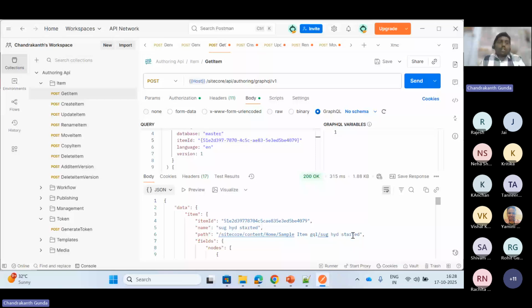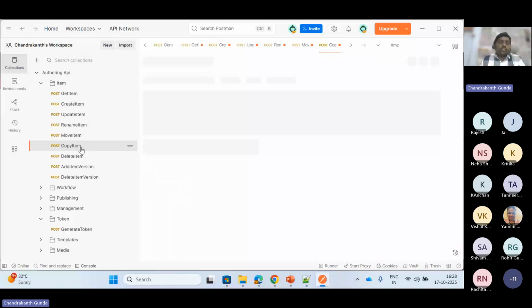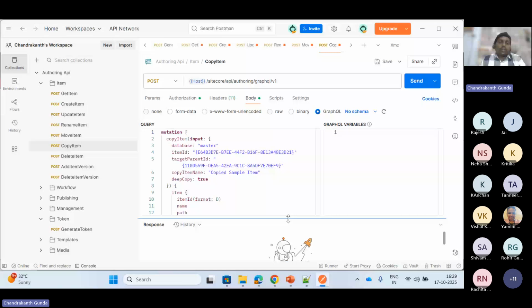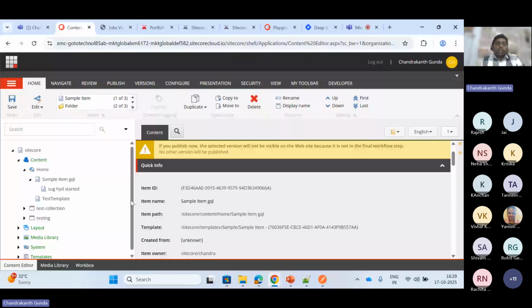Like that, we have copy item as well. If I want to copy a particular item to a different location, I can use that copy item mutation. One advantage of using this copy item mutation instead of normal copy from Sitecore is that in Sitecore, if I want to copy an item without children, that option is not there. But using copy item mutation, I can specify if I want to copy the children or not by using this deep copy parameter. For example, if I want to copy this sample item,